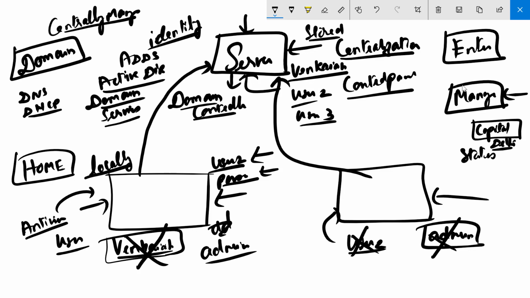And the server is authenticating you. What is the meaning of authenticating? So you log in and you specify your username and you specify your password. That is known as authentication. If you specify the wrong password, it'll say password is wrong. Who's validating this? The centralized server is validating you so that it knows whether you are the right person to access this resource or not. Okay. Is this clear now?